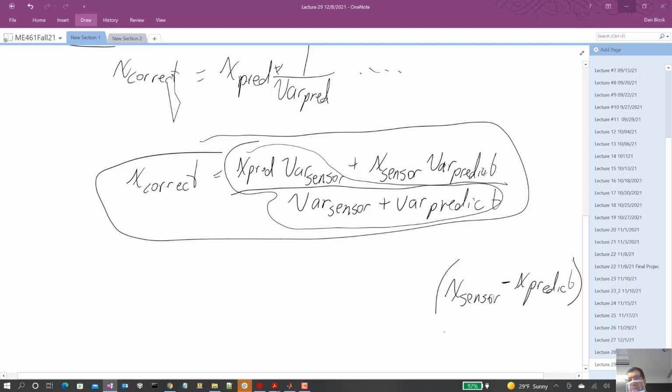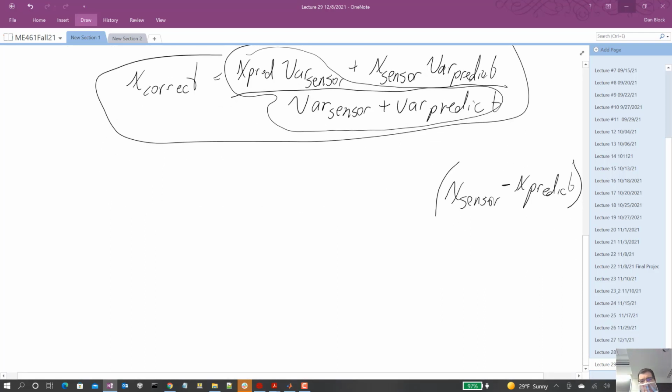We need this error term. And that error term is something that we would like, in some ways, to drive to 0, okay? Depending on the trust between the different ones. So we're looking at this error, and this error is determining how we need to correct the states, right? Well, after you do a little math here, we're going to have the Kalman gain equal to, and this is going to look like the same equations when we get to the matrix equations for the Kalman filter, variance of the prediction